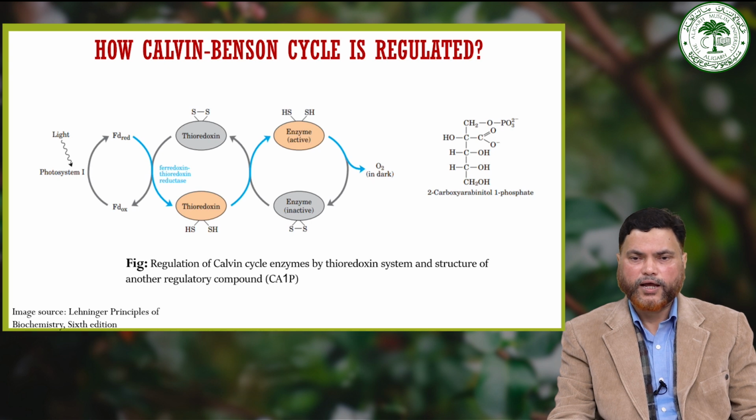Third, another way enzymes of the Calvin cycle are regulated is by interacting with other proteins to form complex structures. This is particularly important when plants experience rapid changes in the light conditions, like when it gets cloudy or when the plant canopy changes. So, the enzymes